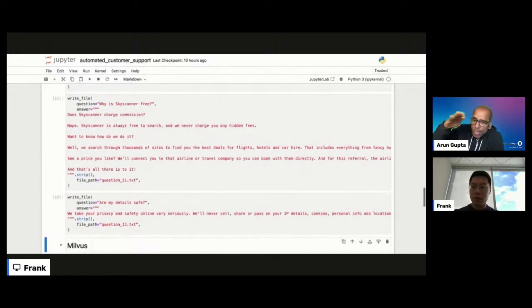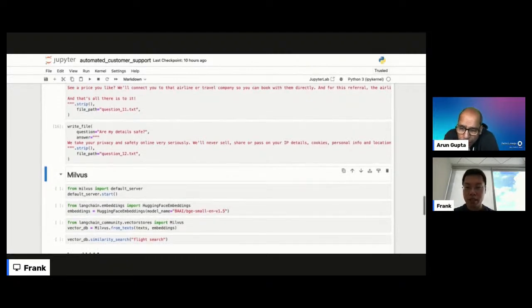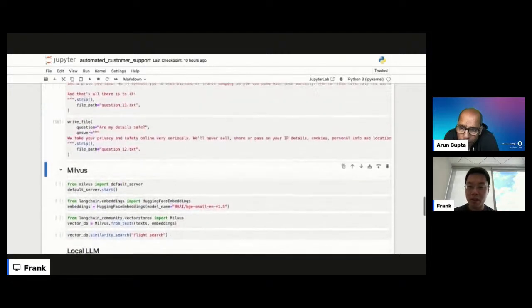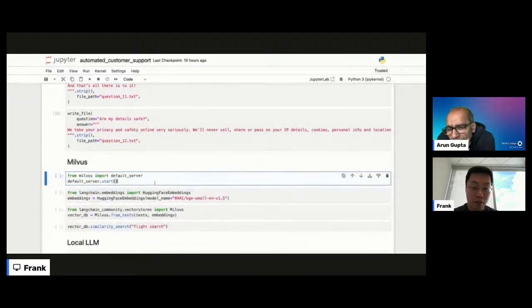So for now, you're just writing the questions in the list. That's correct. And that's your data that's going to get stored into the vector database. Precisely. And I want to show you guys how easy it is to get up and running with Milvus, right? You see there's only 4 cells here. If you ignore the imports, there's literally only 4 lines of code that you can do to get up and